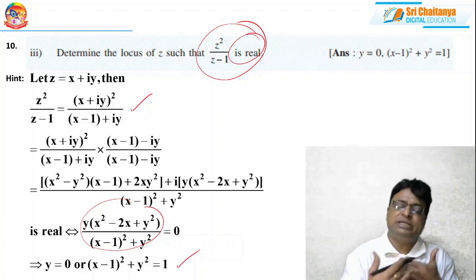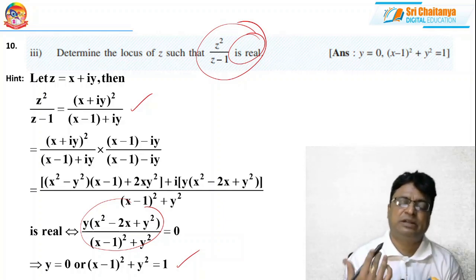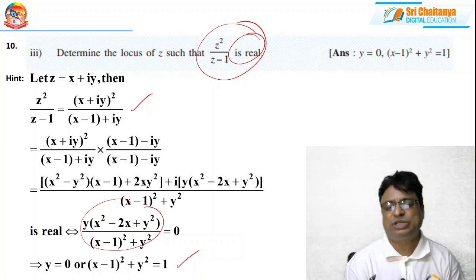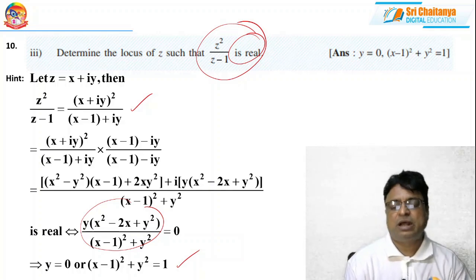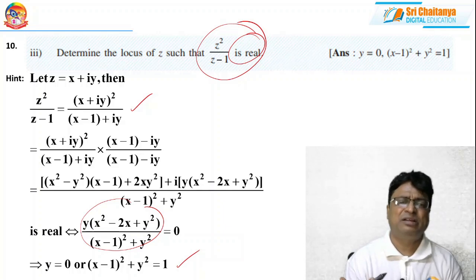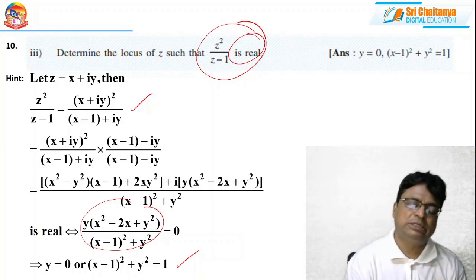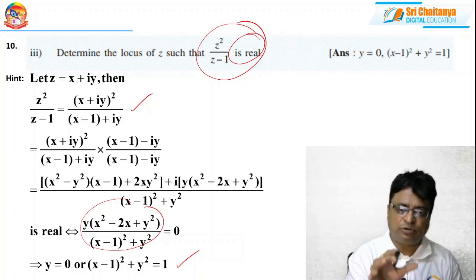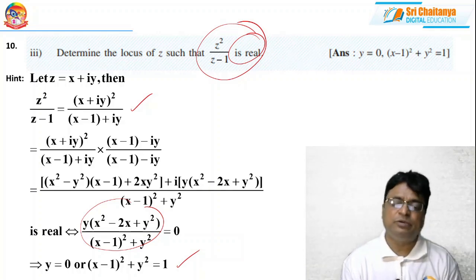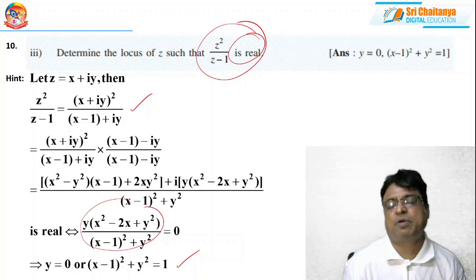In the options, they may give a line, a circle with center (1, 0) and radius 2, a line or the x-axis, and a circle with center (0, 1) and radius 2. They may confuse you, but please don't panic over the options. Stick to the answer obtained by you, and based on that, select the appropriate answer.